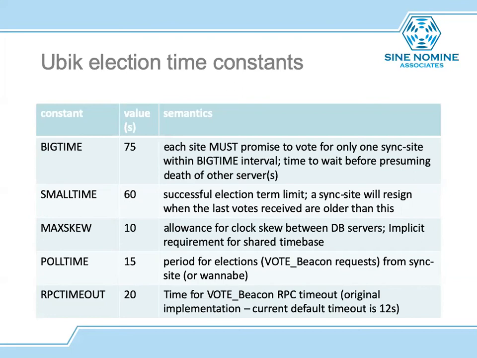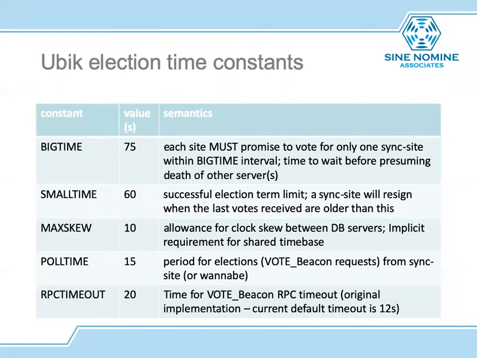The other thing that's really important to us here is this number right here. The algorithm doesn't work unless these numbers have a correct relationship to this number right here. It's defining the maximum skew that can happen within the cell as 10 seconds with that value. And what that means is that it's your responsibility to make sure that all of the database servers within this Ubik collection don't differ from each other in their time base by more than 10 seconds.